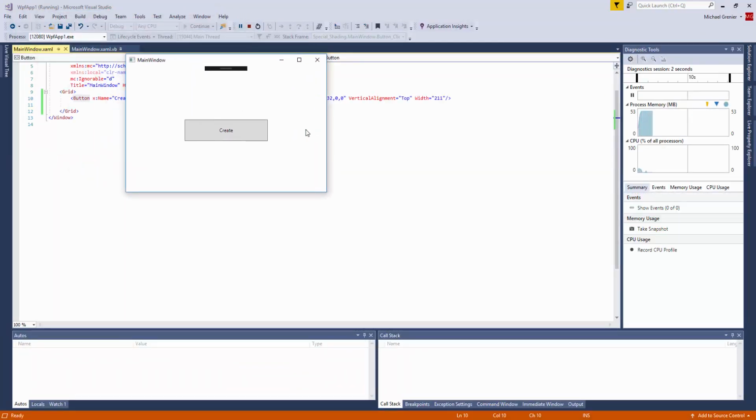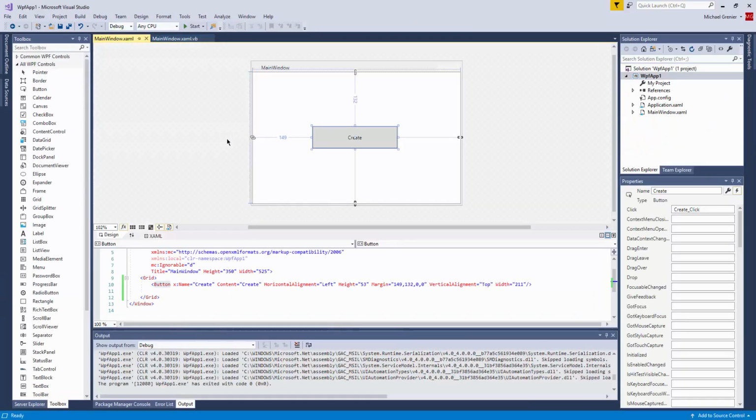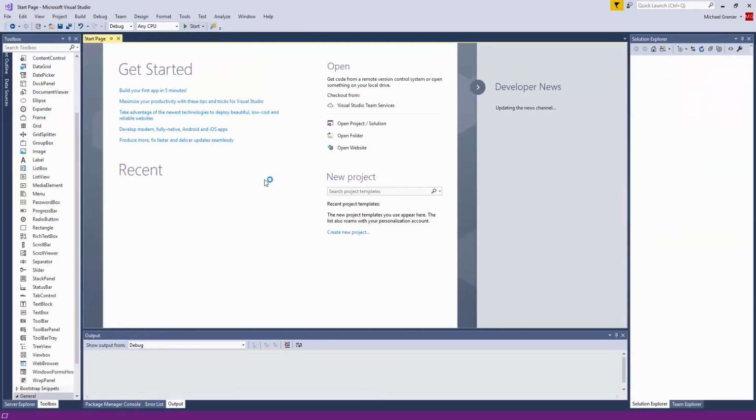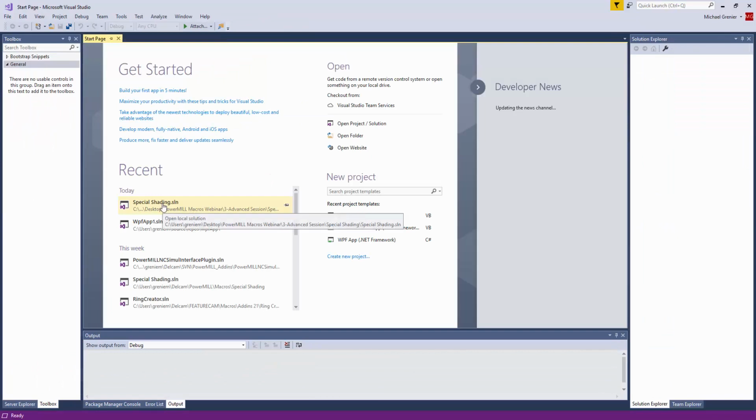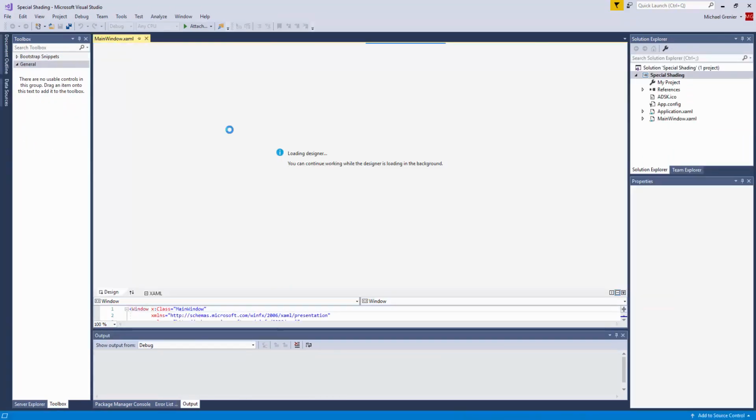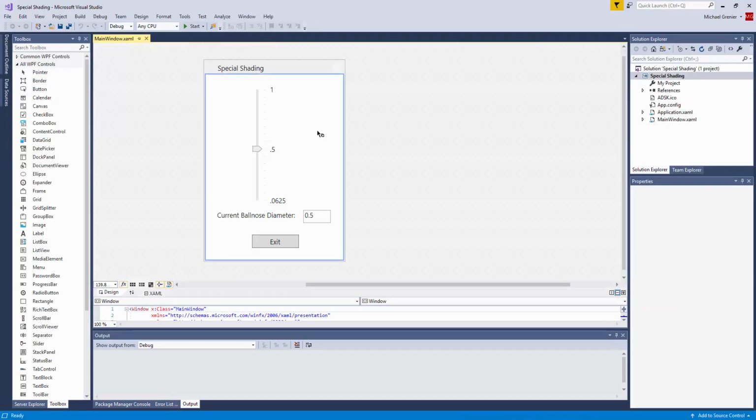And we should see the window close once we hit the create button, and of course it does work. Now let's close that project and open another one that I've pre-created. Like I was saying, I'm not going to go through everything about creating an interface, so I've already pre-created that